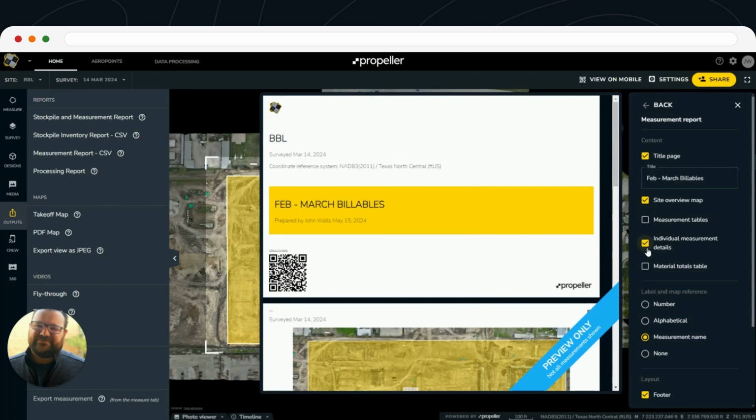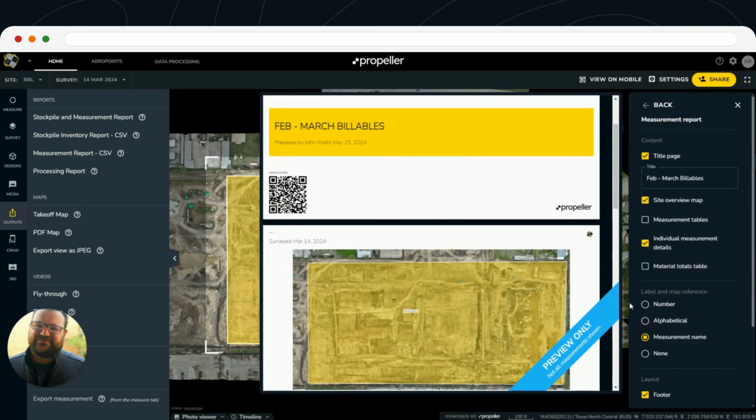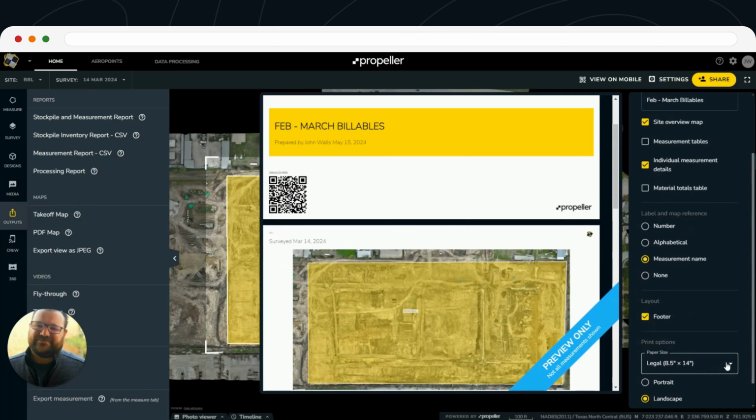create that overview map, and show that individual measurement details. So if you've got multiple locations that you're working in, maybe different phases, you can have each individual location shown as an overview. Put the label name as the measurement name, so you can see that measurement there. You can adjust the paper size to 8.5 by 14, 8 by 11, A3 or A4,